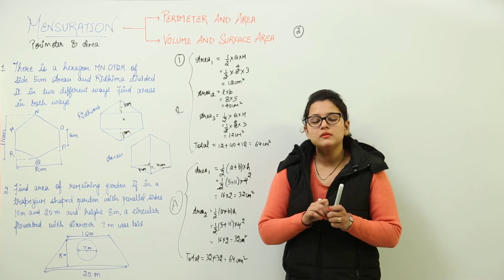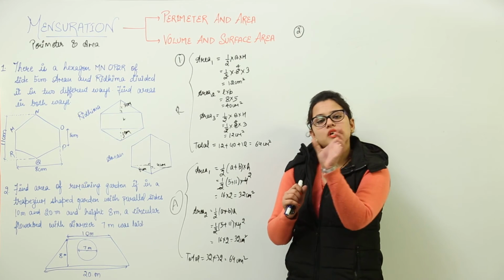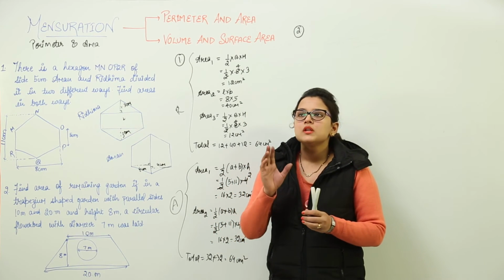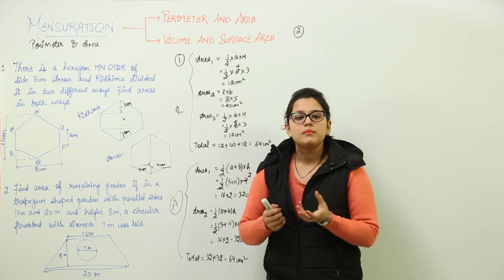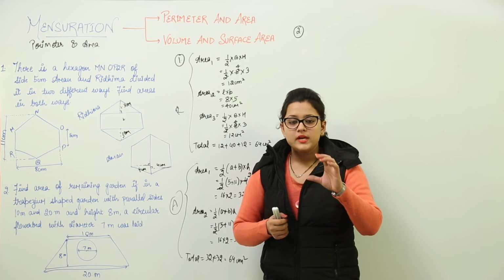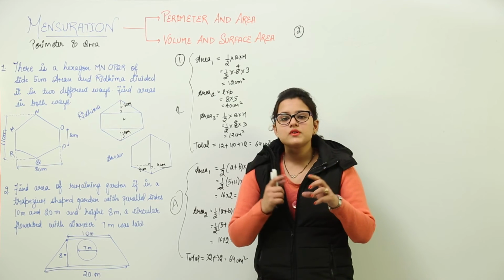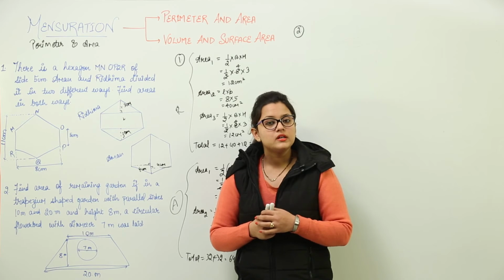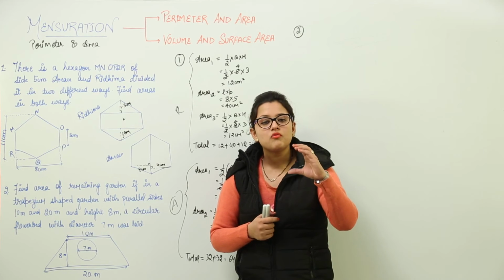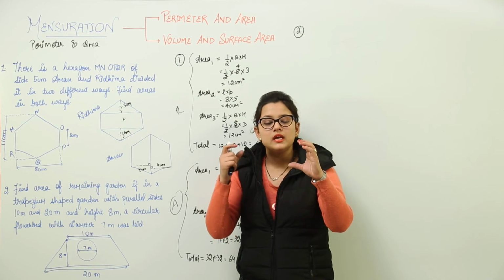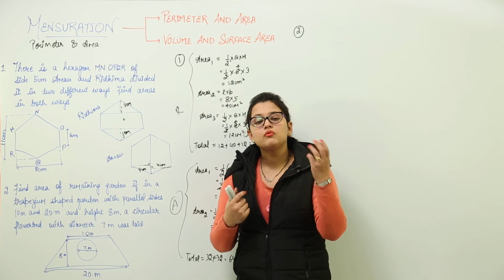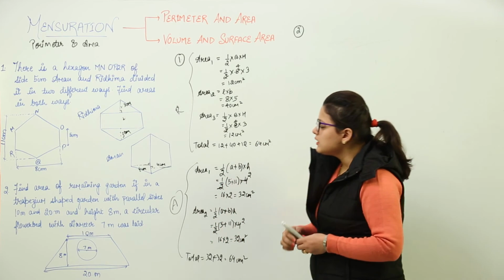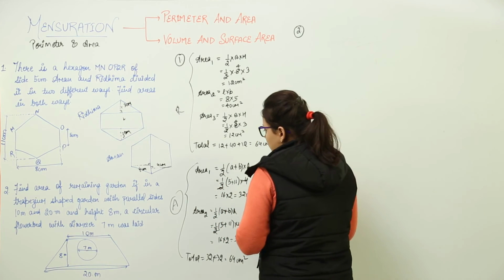Now how to find the remaining area? I am telling you a very general trick. You can apply it to any question you want. See, let's take an example. You have a new apple with you, right? You want to eat it. You took your first bite and I come and ask you how much apple is left. So what you do is you take out the area of the whole apple, subtract the area that you have already eaten up, and whatever remains is the area of the remaining. Right? So similarly, we have to find the remaining area over here also.